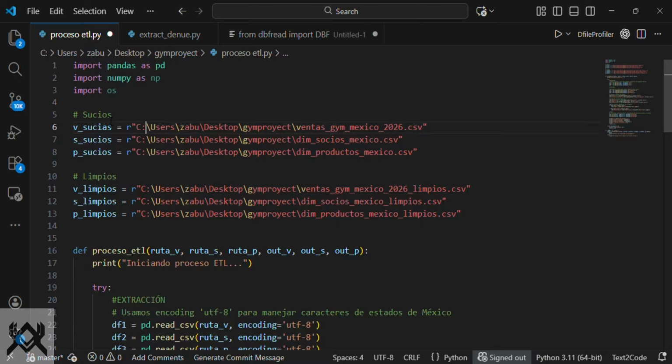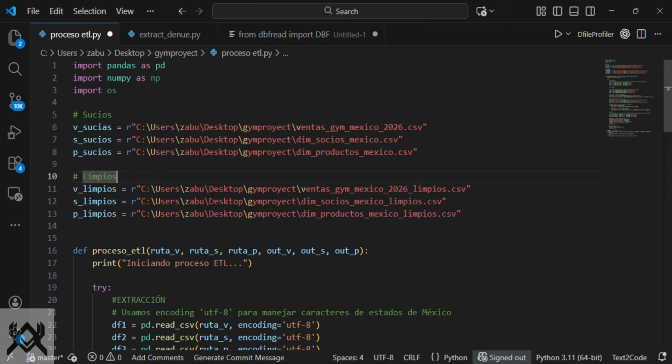We access the user, Sabu, desktop, Gym project, file name CSV. The other two CSV files are right here, and after that we generate three CSV files, but these three CSV files are clean.